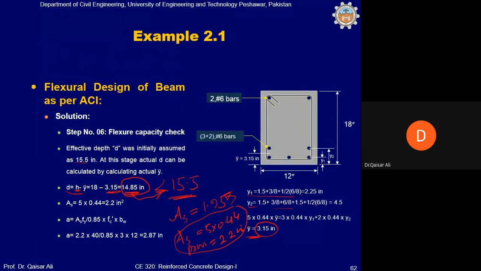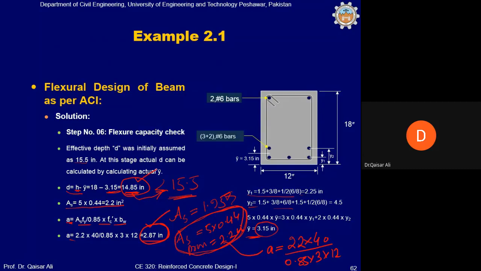तो हम दोबारा कैपेसिटी मालूम करेंगे। कैसे मालूम करेंगे? अब हम स्मॉल a मालूम करेंगे, लेकिन स्मॉल a हम एक्चुअल जो फाइनल As है, इससे मालूम करेंगे। स्मॉल a will be now equal to 2.2 into 40 ASFY divided by 0.85, 3 and 12। रिकैलकुलेटेड As से निकालने के बाद, ये आप देखें As हमारा 2.2 स्क्वायर इंच है, स्मॉल a आप इससे निकालें तो स्मॉल a हमारा आ गया 2.87 इंच।